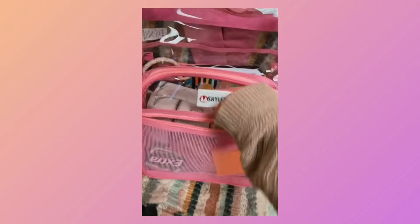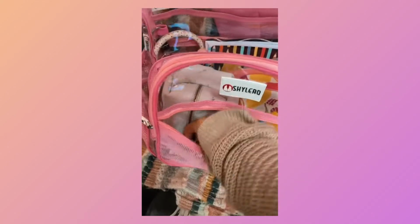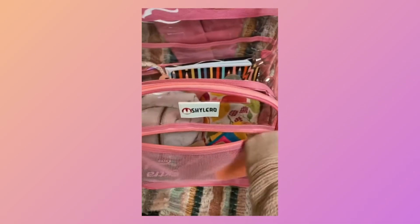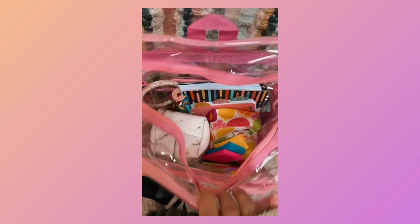Okay, so for starters, in this little pack, claw clip, of course, in case I need to throw this messy hair up, some gum, and then I just have some little sticky notes in there just in case I needed some quickly. So we have that, and then if you open up the big pocket, okay, so in this pocket